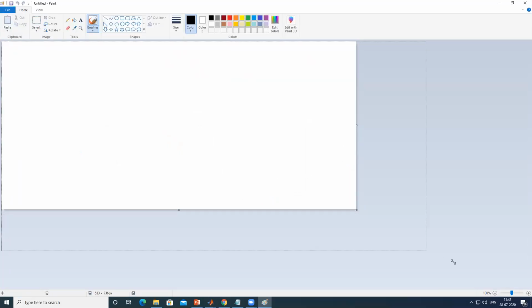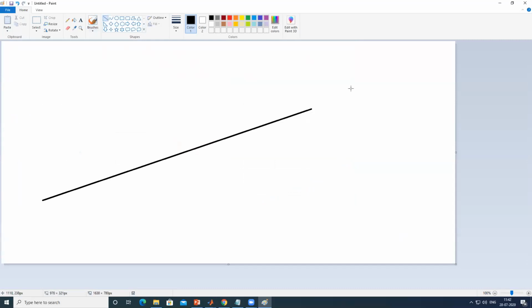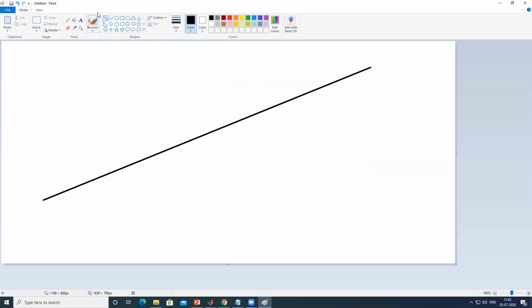Basically, what happens if I take a straight line and make some dummy points, say one experimental point here, and suppose there is one more, so the distances are delta D1, delta D2, and delta D3.